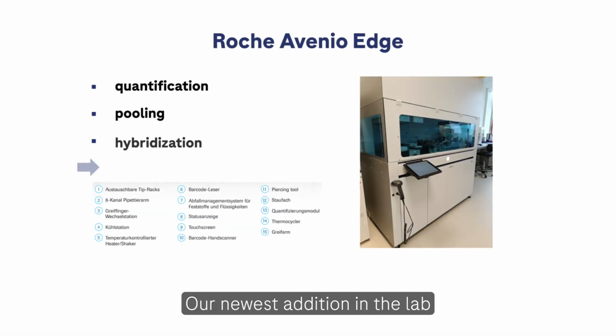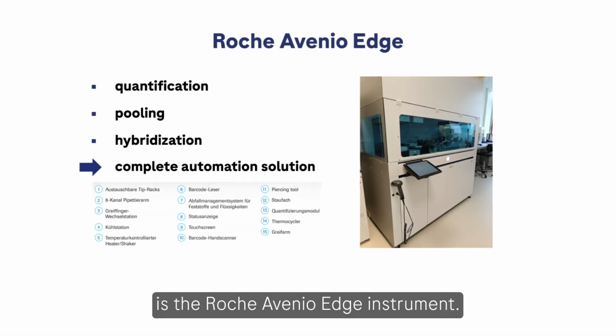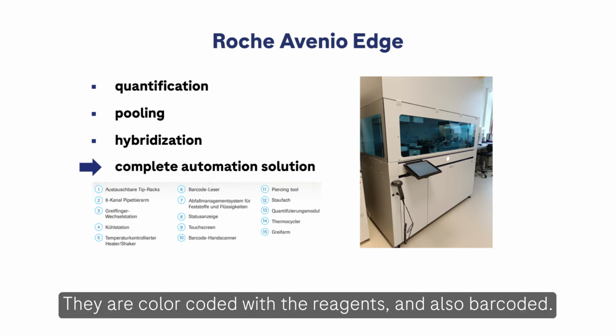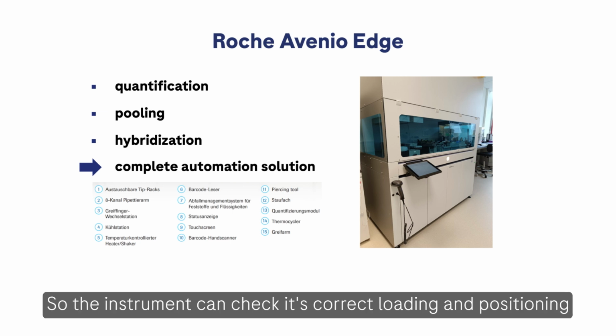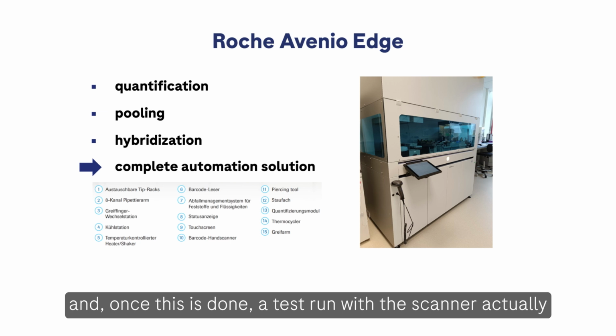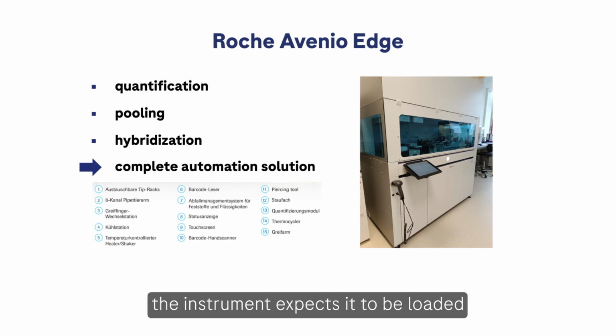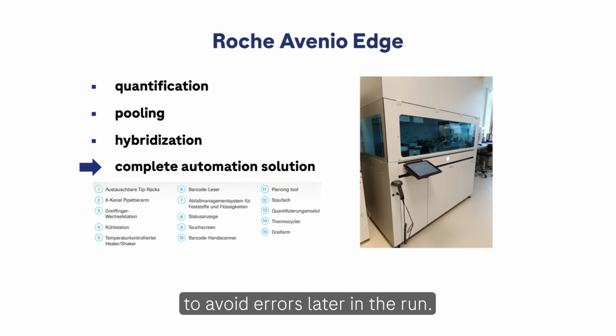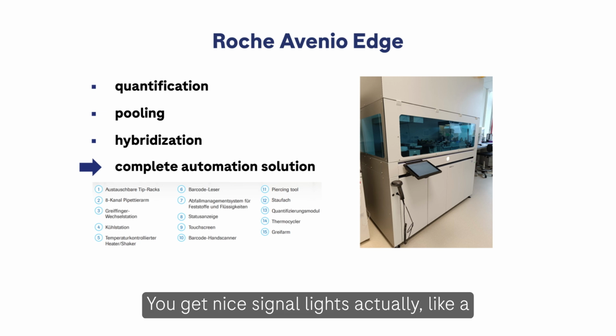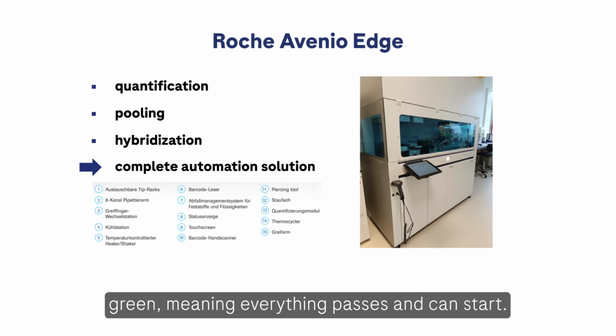Our newest addition in the lab is the Roche AVENIO Edge instrument. From the feedback I get from our technicians, it's almost too simple to operate. It uses cartridges for almost everything. They are color-coded with the reagents and also bar-coded, so the instrument can check its correct loading and positioning. And once this is done, a test run with the scanner makes sure that everything is loaded the way the instrument expects it to be loaded. To avoid errors later in the run, you get nice signal lights, like a green, meaning everything passes